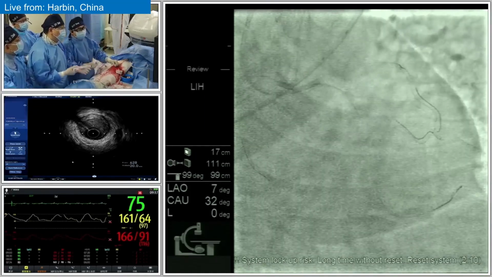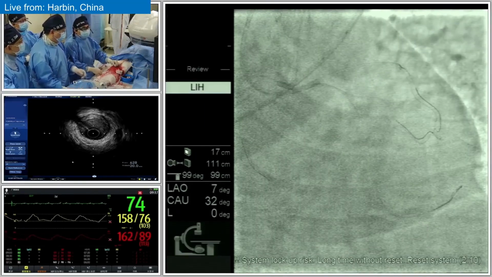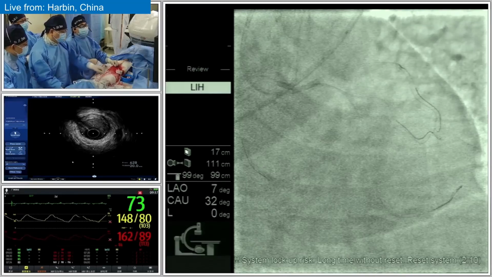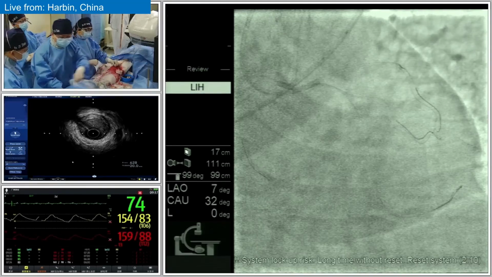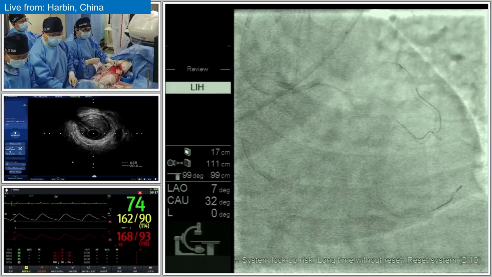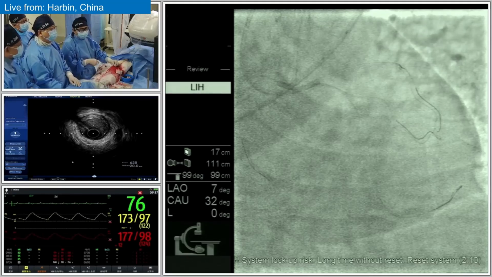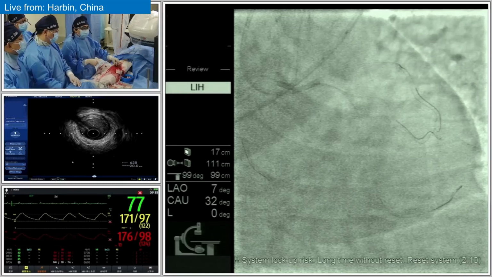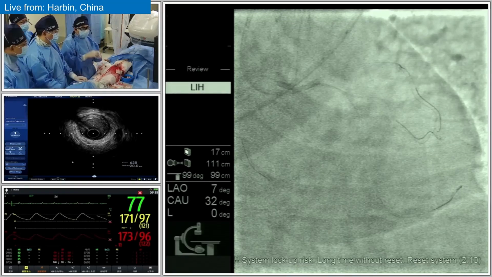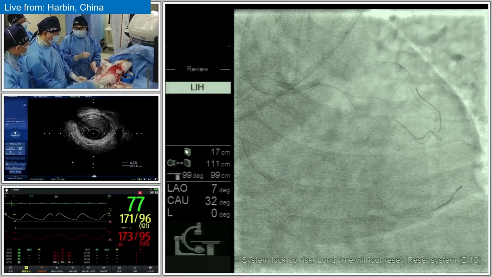Other techniques include the tip injection, but it should be done carefully. Before injecting the contrast, we should aspirate blood from the micro catheter